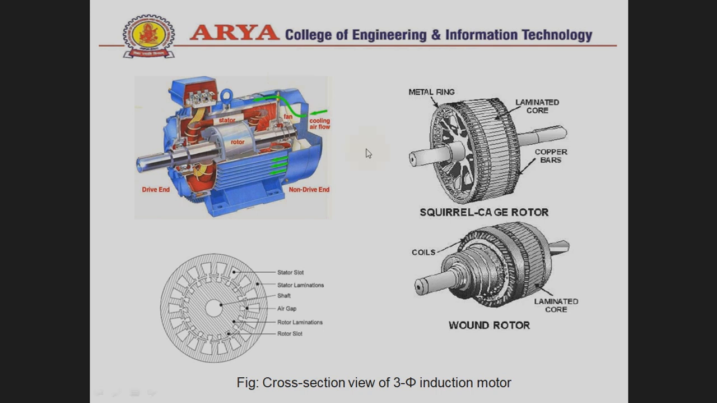Now, as we already discussed, the rotor windings are divided into two types, short-circuited at both ends. The two types of windings are squirrel cage and wound rotor. In the squirrel cage